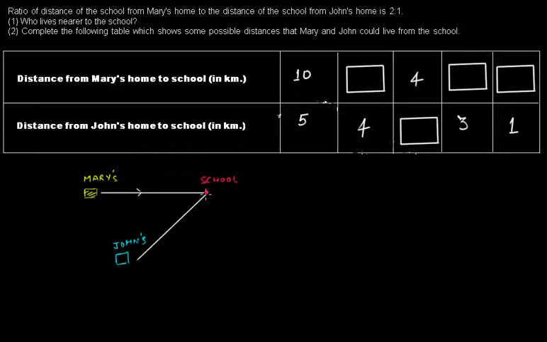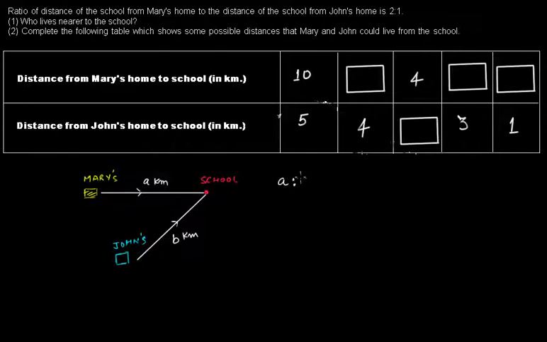So let's say that this is a kilometers. We don't know what the distance is. We only know the ratio. We don't know the exact distance. So if this is a kilometers, and the distance from John's home to the school is b kilometers, what we have been given here is that the ratio of the distance, that is a ratio b,